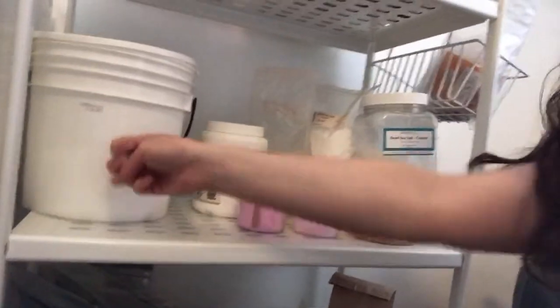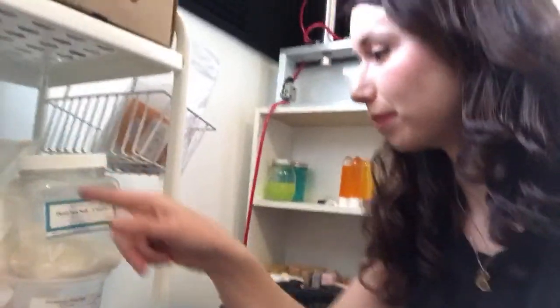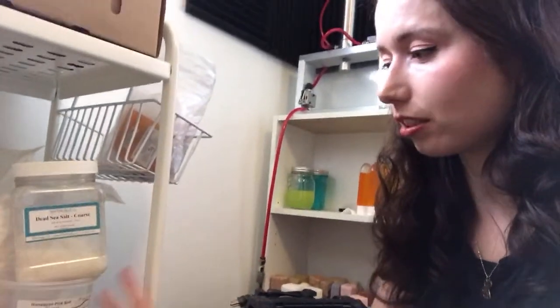The next shelf down is mostly bath salts and bath bomb making things, so that bad boy, that's all baking soda, and then I've got citric acid, I've got some Natrasorb, some Dead Sea salt, some Himalayan pink salt, so this is kind of my bath section, and then as we get down on the floor,